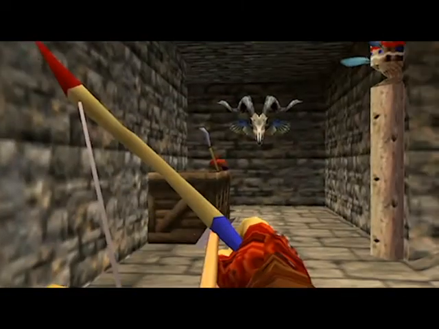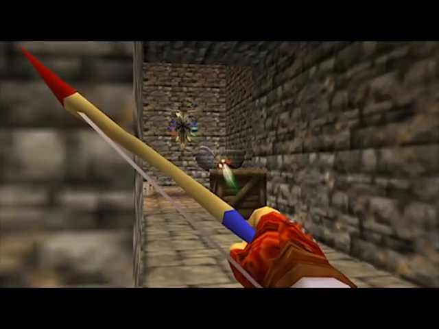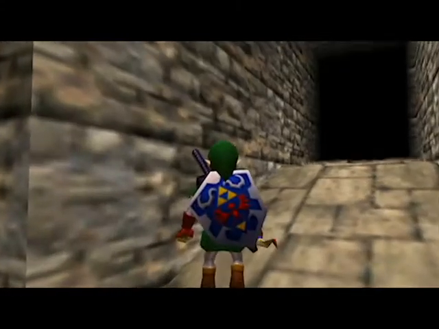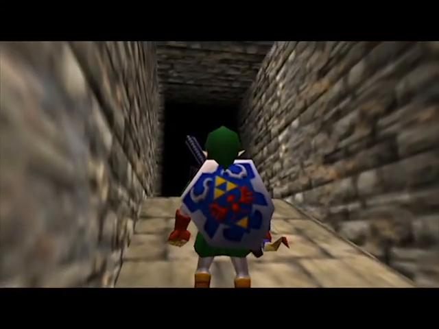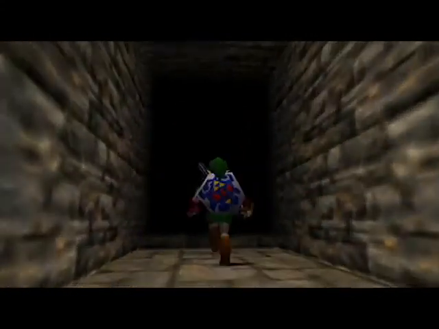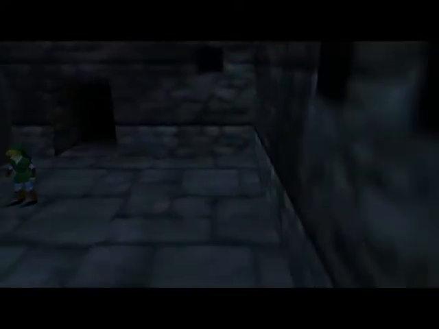This will take us to the interior of the Gerudo's fortress, where we will need to maneuver our way to this area over here at the top of the ramp. From here, let's change our value back to 0 and go through the doorway to get outside of the Gerudo fortress. Now we need to make our way to this door, right over here, which will lead us to the Ganon's castle. Just make your way to the end of the level, and it will warp you to this mysterious